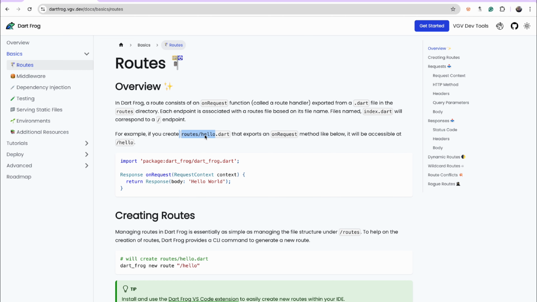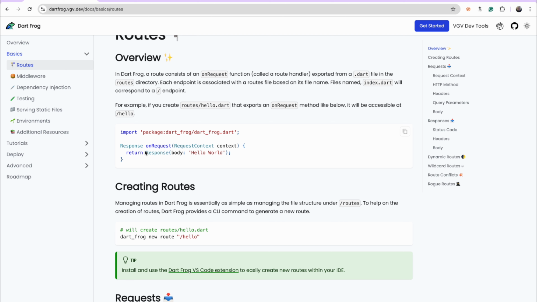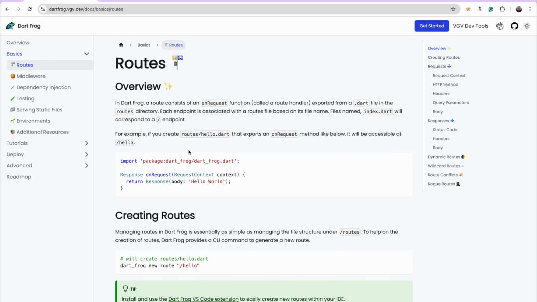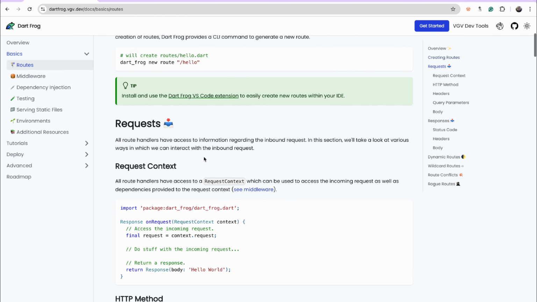It's just like a folder structure. Basically, it's so simple and straightforward, routes. So you see the response, return response body. So this is basically anytime you hit the command, there is a command line that you can use. But first thing is you have to install Dart Frog, and it's very straightforward. Just global install Dart Frog, and